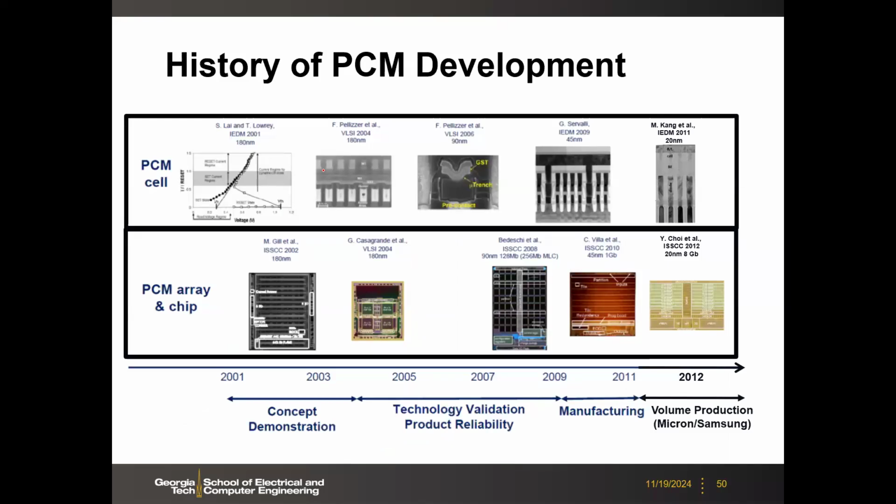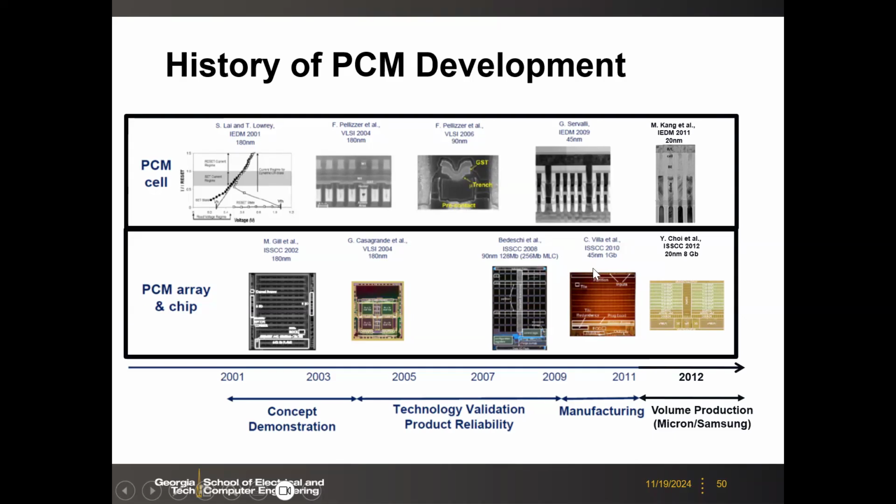So here, this is the early days of, let's say, the history of the phase change memory development by the community. And here we do have some demonstrations. Even as early as 2002, there's this paper at 180 nanometer, 1T1R phase change memory. Right, this is more than 20 years ago. And here, for example, 2008, there's already like 90 nanometer, 128 megabit